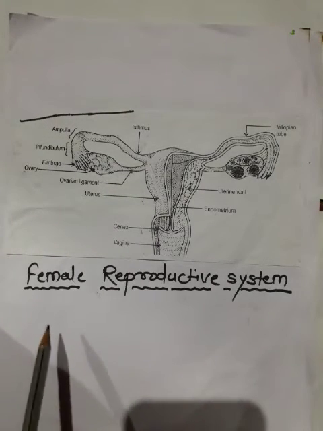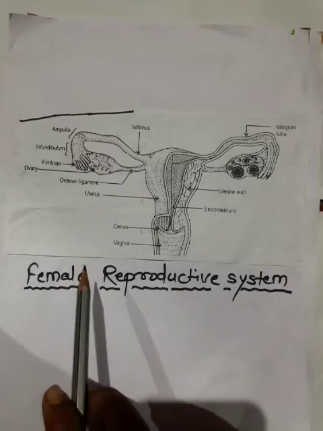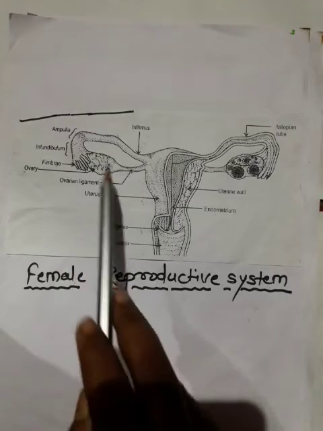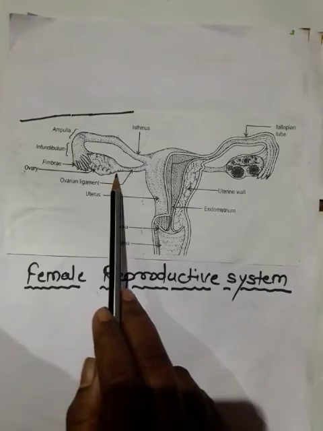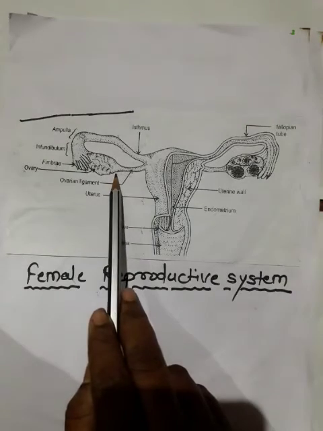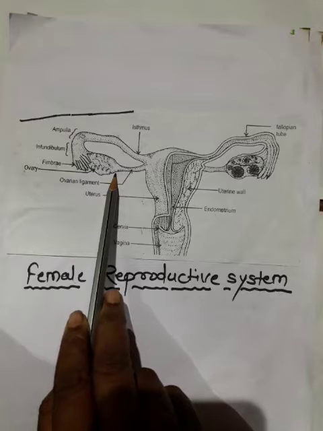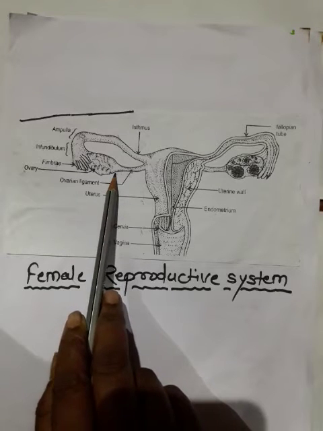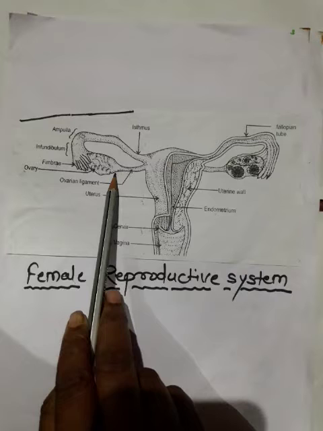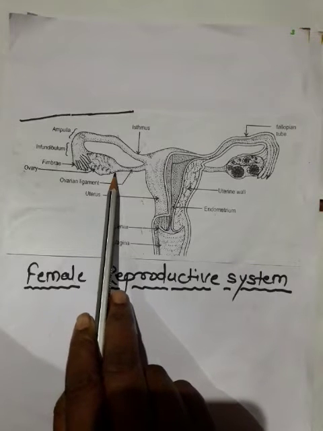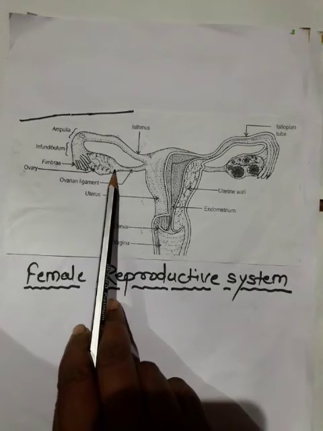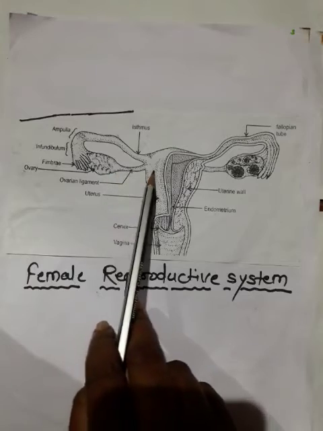So first, when we study the ovary, ovaries are two oval bodies which are mesodermal in origin. These are essential female reproductive organs called the primary sex organ of female. They are located in the pelvis, one on either side of the uterus. Ovaries are held by a large ovarian ligament.